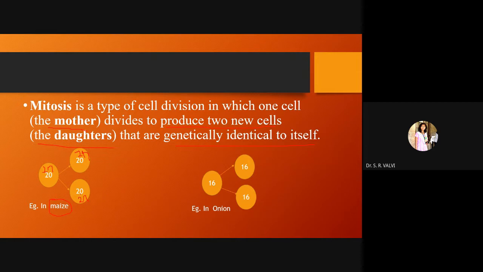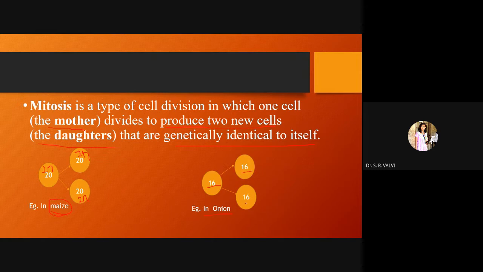Take another example. We have onion with us, right? Onion is nothing but Allium cepa. In the maize plant, the botanical name is Zea mays, right? As you are BSc students, you must remember botanical names. So Zea mays is the botanical name of the maize plant. In the case of onion, the genus is Allium, so Allium cepa is the botanical name of onion. The chromosome number of onion is 16. Suppose this single cell of onion is going to divide in a mitotic way, that will give you